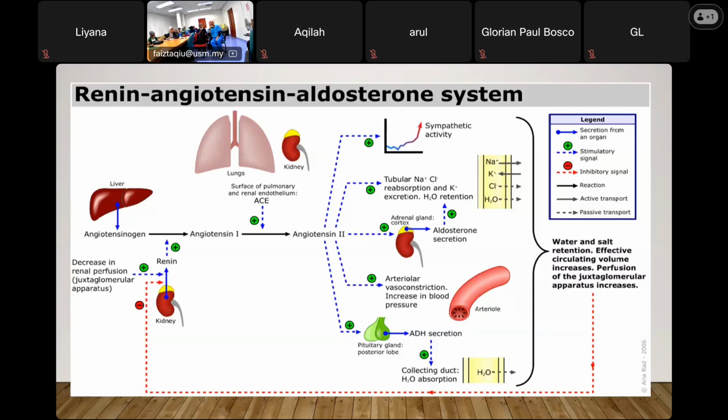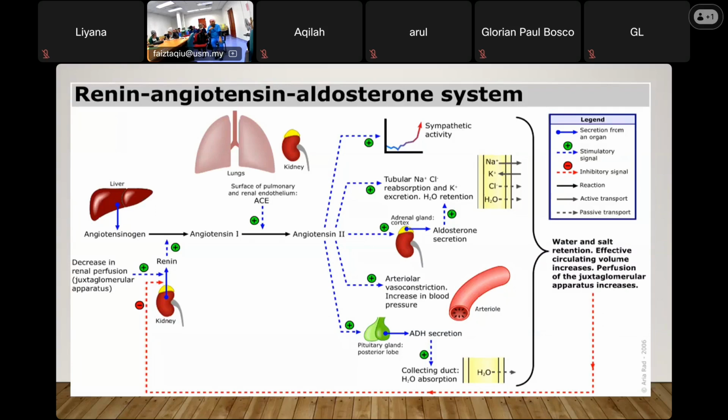Good. And then angiotensin 2 will have a few effects, which is the increase in sympathetic activity. I don't say all that lah, the whole topic about control of circulation. Jangan waste time. You have 5 minutes, no. The more you optimize your time, the more marks you get. So what is the effect of angiotensin 2? By organ lah.